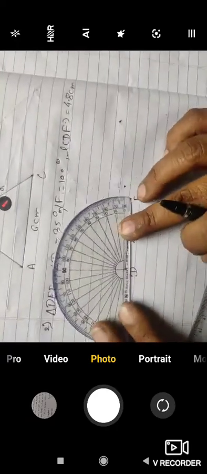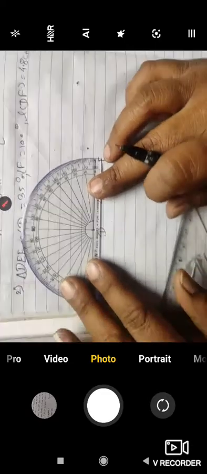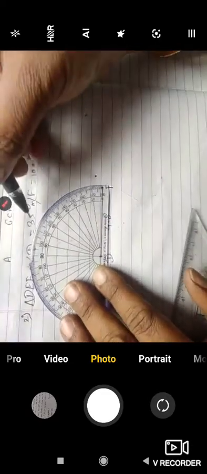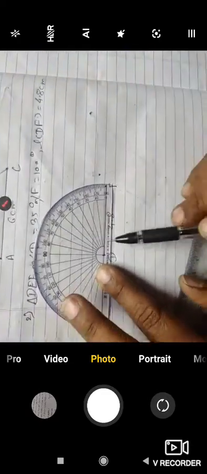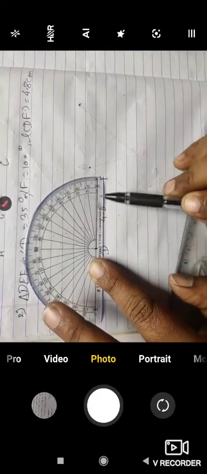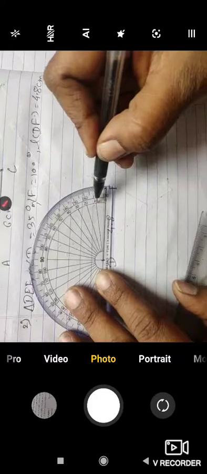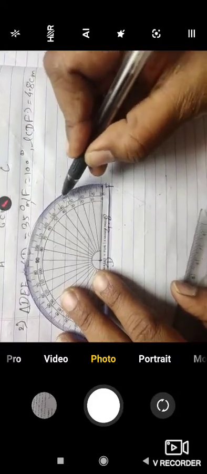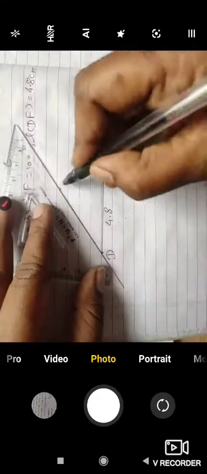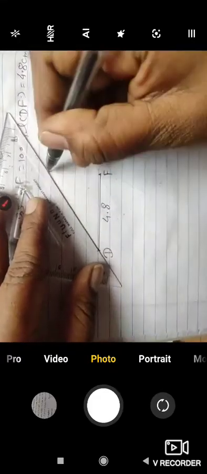These are the basic constructions. It was very easy. So here, angle D, how much do we have to take? 35. We adjust the 0 line to this side of the protractor. So here we take the 35 measure: 10, 20, 30 and the fifth line after 30 is here. So you have to draw the ray passing from D. The end point is D. This measure is 35 degree.